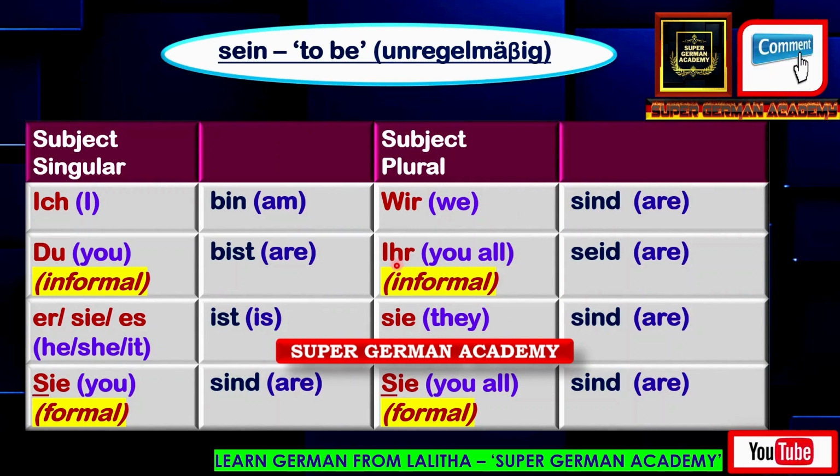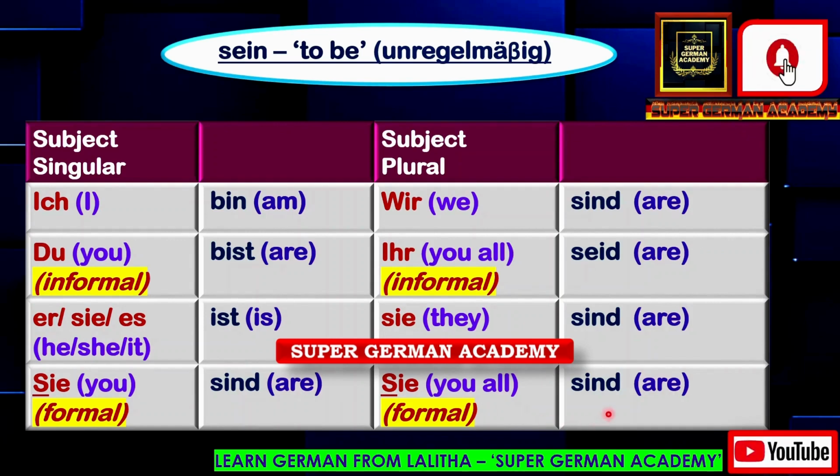The red color is what you have to practice, these are in German. And the blue color here is the meaning of these in English. The conjugation for these subjects is given here in German. Ihr seid you have to say, ihr seid means "you all are". This is informal "you all". Next, sie sind means "they are". Sie, "you all", this is formal. Suppose you address elderly people, or in a polite way someone who is not intimate to you, then you will say Sie. Then Sie sind means "you all are".